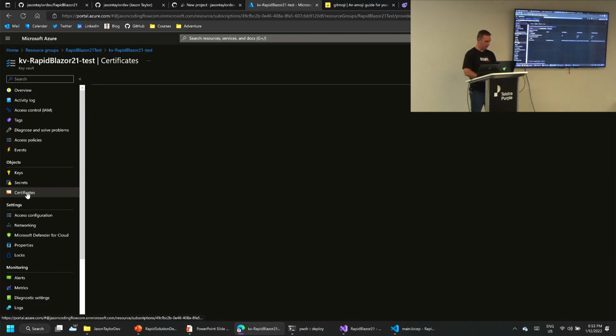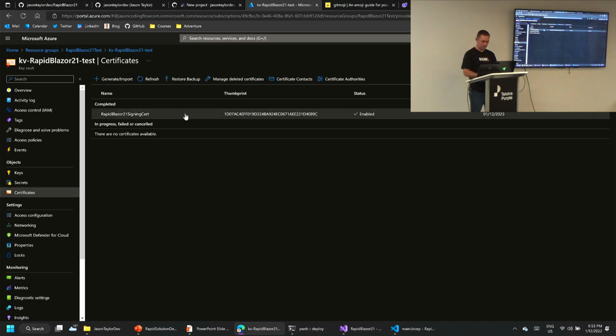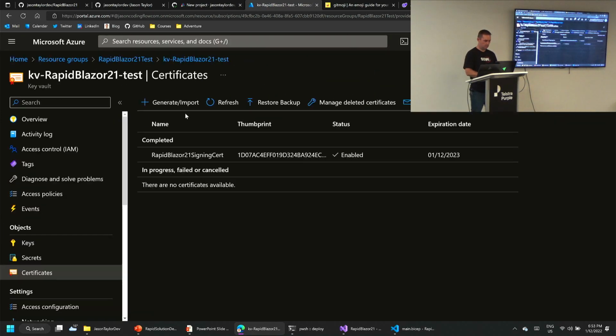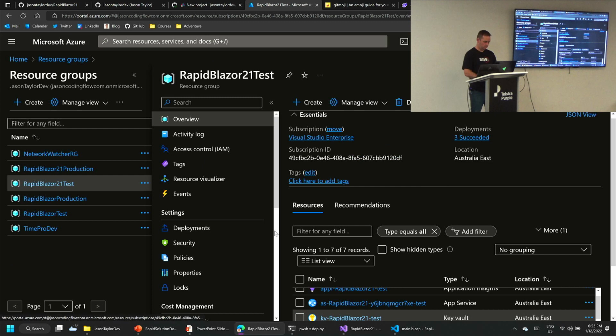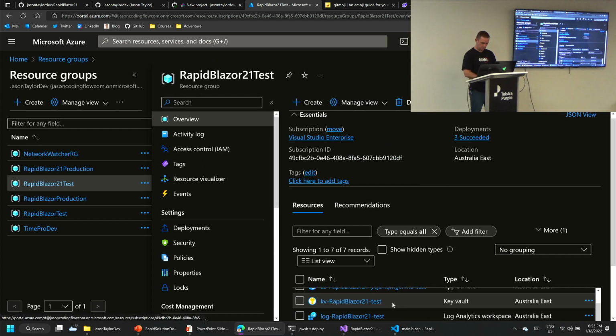So in Key Vault, we now have a new certificate, and this is used by Identity Server. This is the Identity Server token sign-in certificate, okay? And so we've generated that automatically. If we go to our app service,